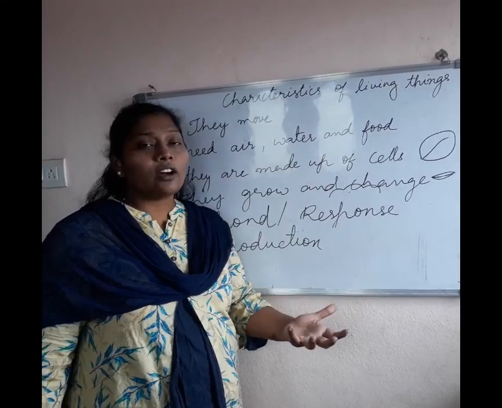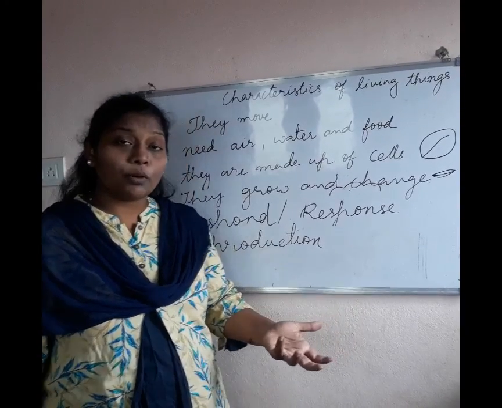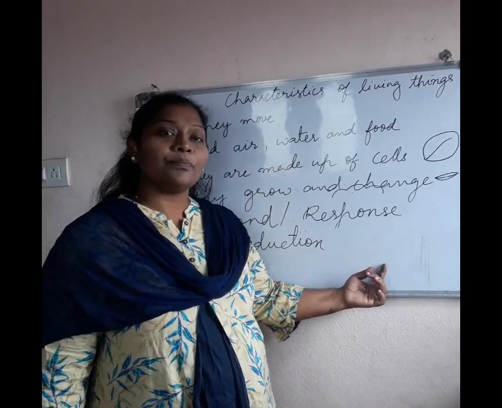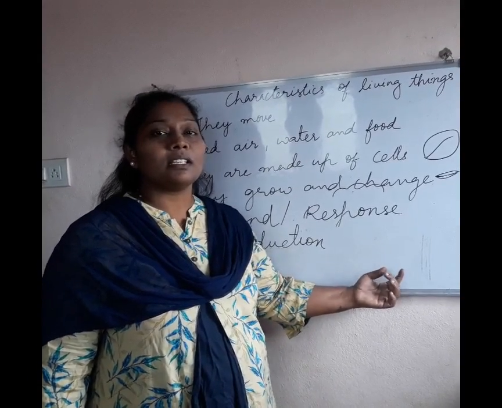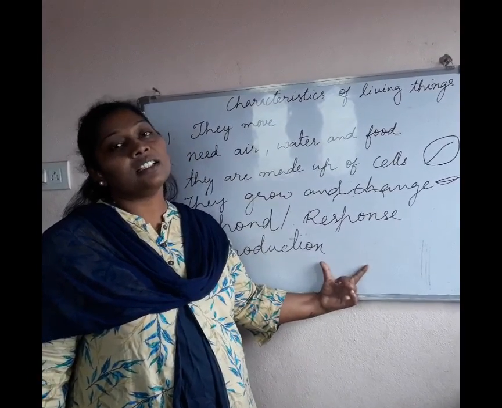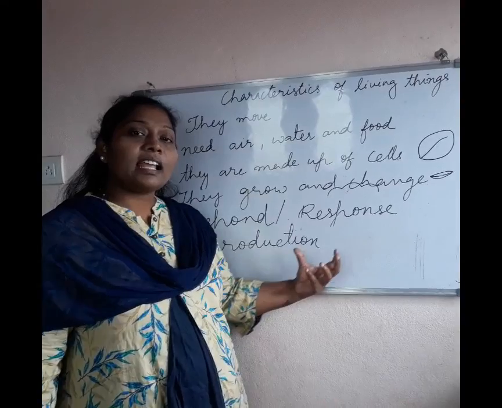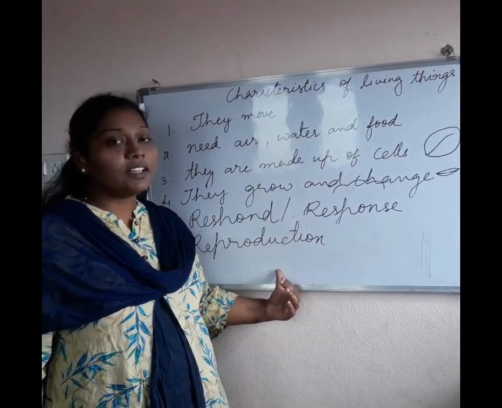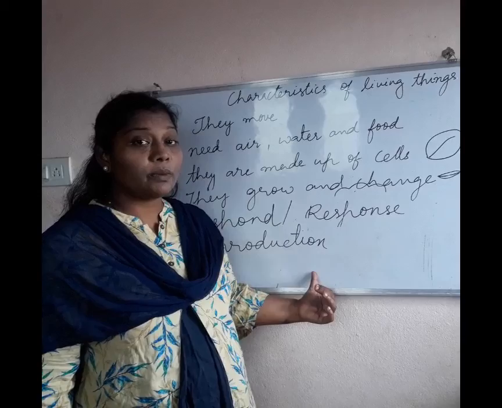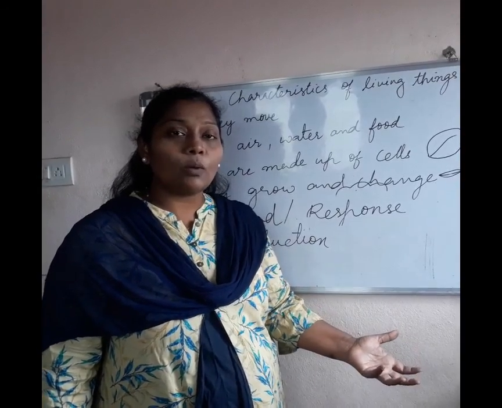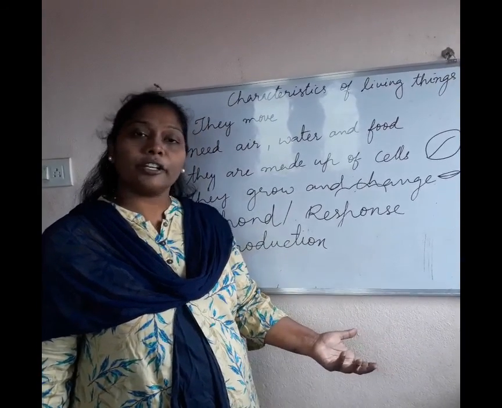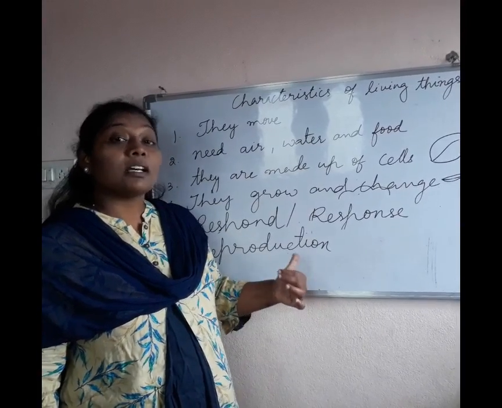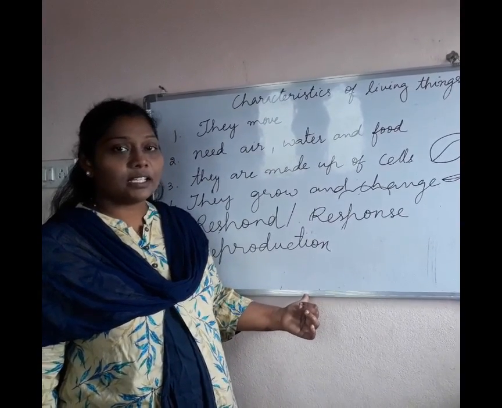So there are two ways of reproduction. One is the plant method, and another is reproduction in animals. These are two different things. Why? Because plants and animals are both living things. Definitely all the living things have to reproduce. Reproduction means giving rise to small young ones or offsprings. What is it called? Offsprings.